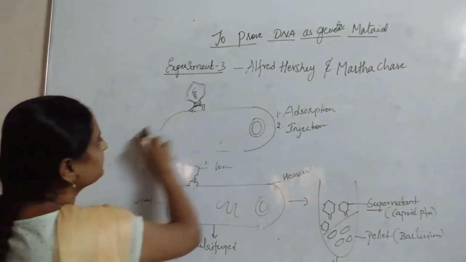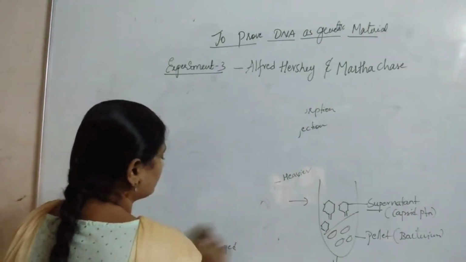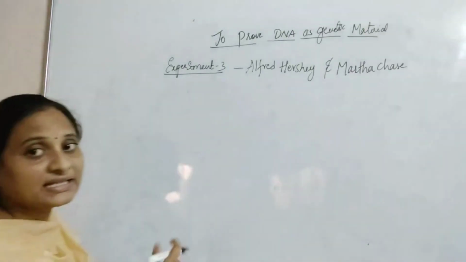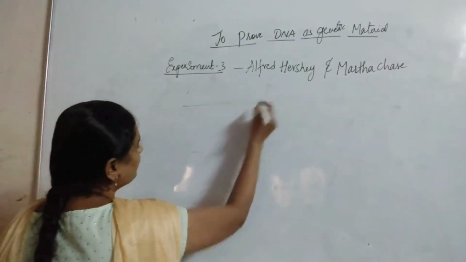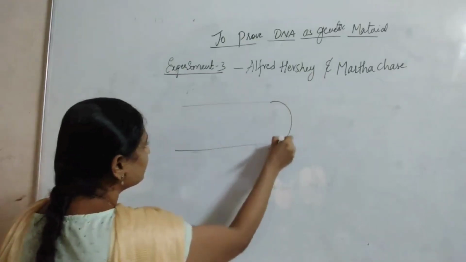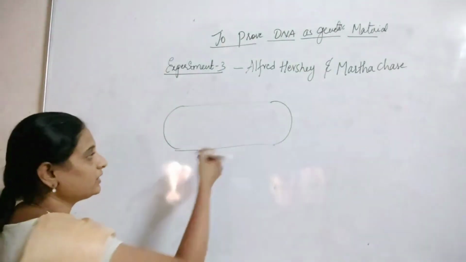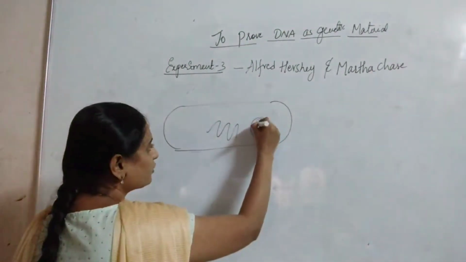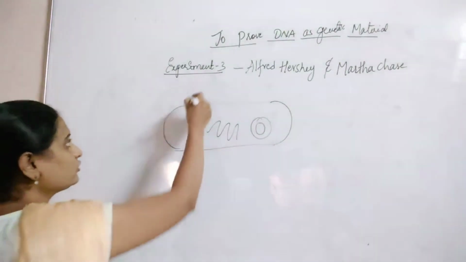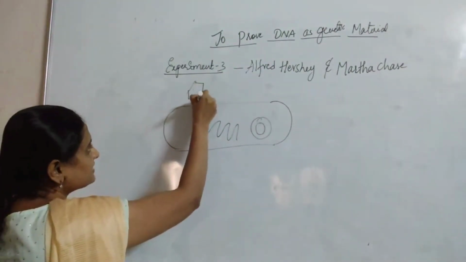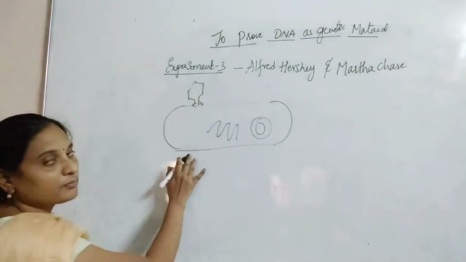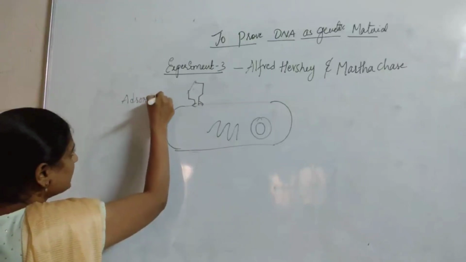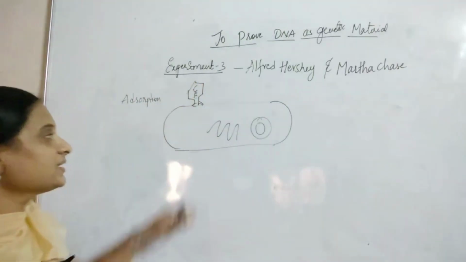Whereas in the second medium, when the bacterium and T2 bacteriophage are grown, the same E. coli has its own bacterial chromosome apart from the extra chromosomal DNA. Now the T2 bacteriophage sits on the outer surface of the bacterium. That is nothing but the adsorption process. That means the T2 bacteriophage